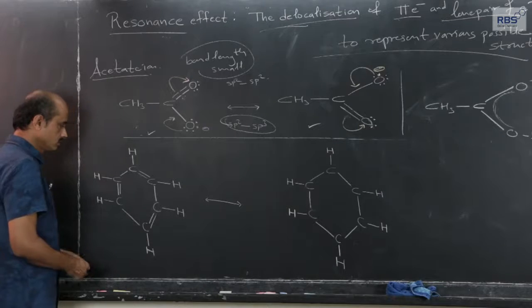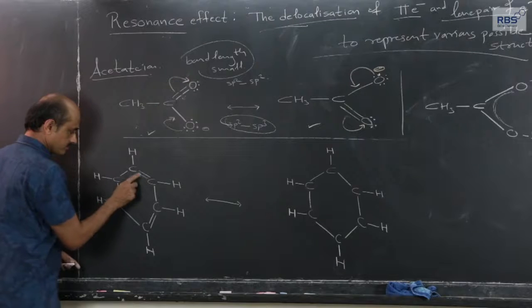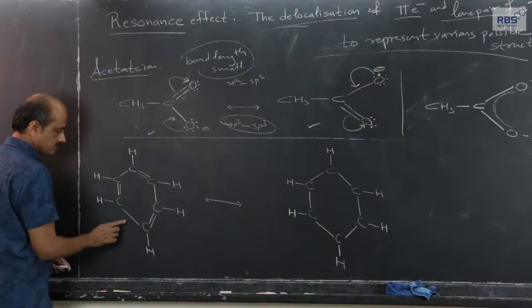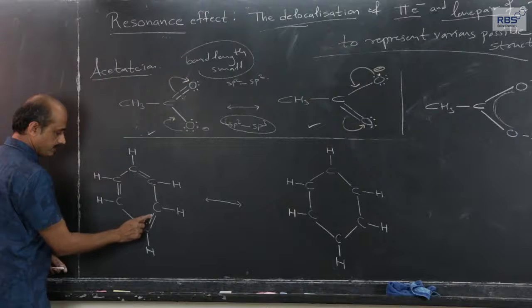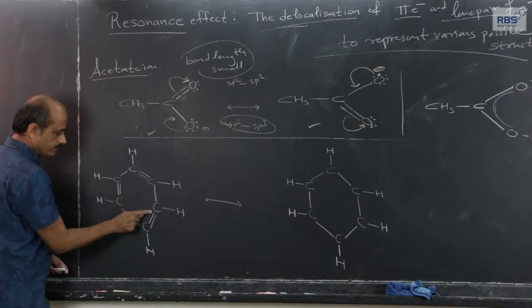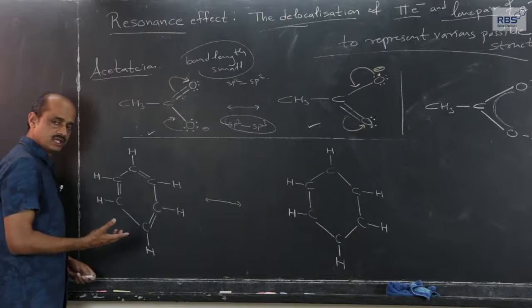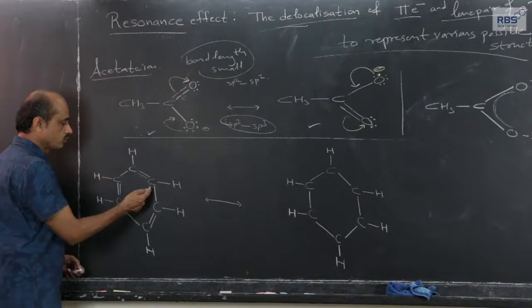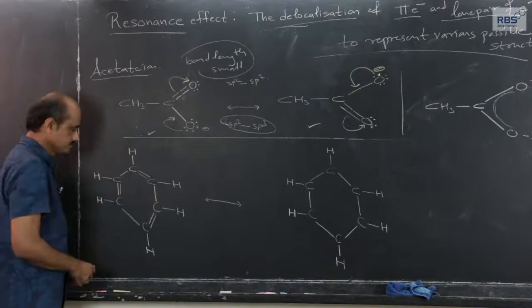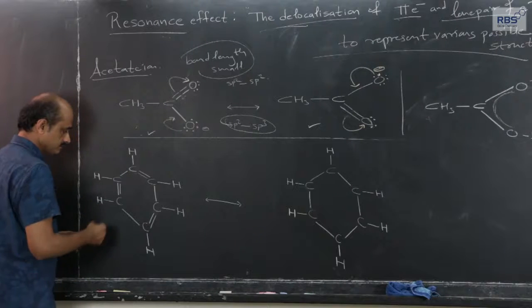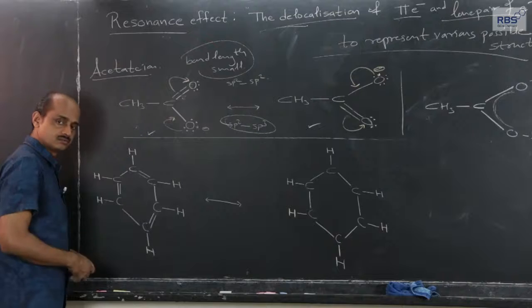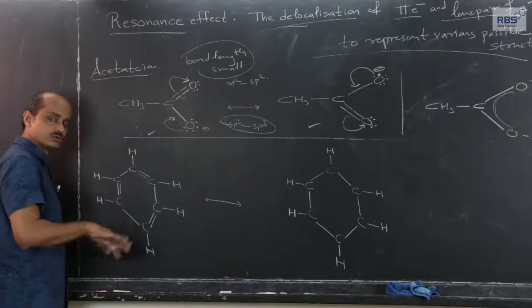two resonating forms. How? If these two carbon atoms have a pi bond and these two have a pi bond, pp parallel overlapping and pp parallel overlapping, the p orbital of this carbon and p orbital of this carbon have equal tendency to share an electron pair in parallel pp manner. So, that can be shown by resonance, since conjugation is present, means by delocalization of pi electrons, which we call resonance.